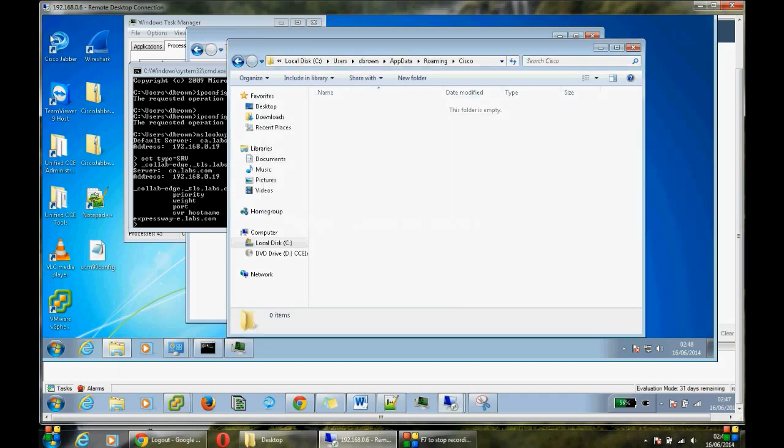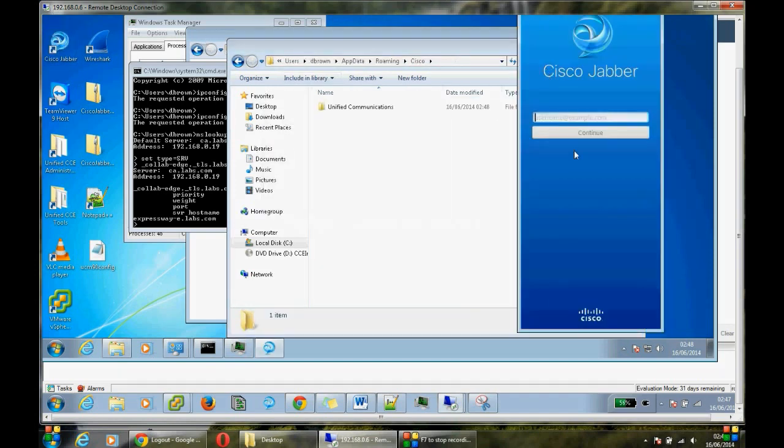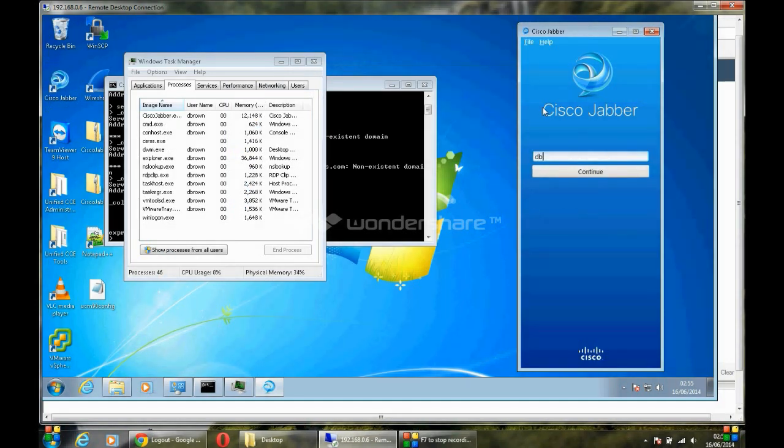Okay, so we'll open Java. Java doesn't know where it is. dbrown.labs.com. Java asks me for a password. Press the login,